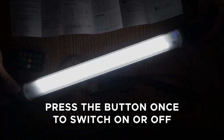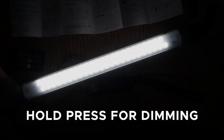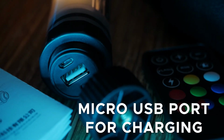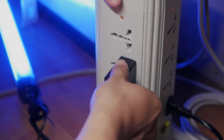To switch on or switch off the light, press the button once. Press the button twice to change the color or the mode. Hold press for dimming the light up or down. You may also use the remote control to do the same thing. This has a micro USB port for charging. You may also use an external battery like a power bank, or AC plug for continuous power